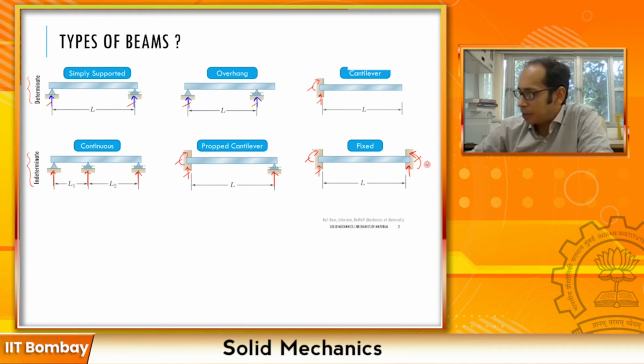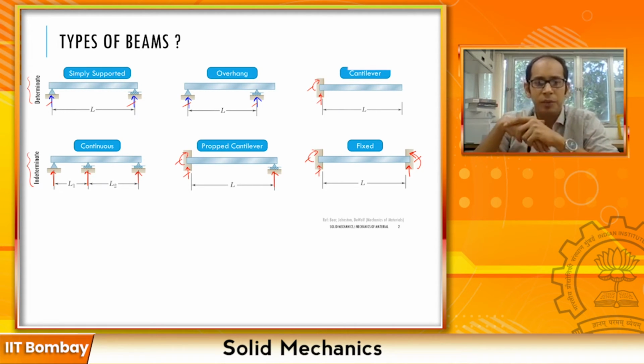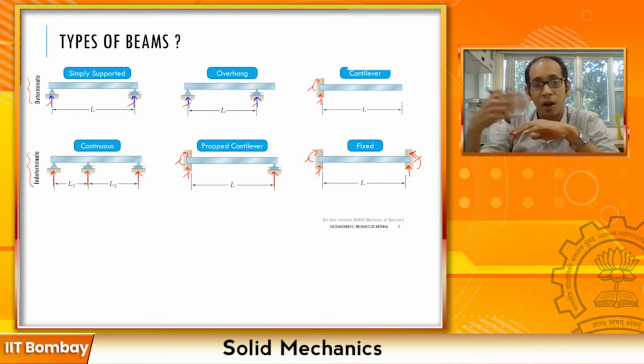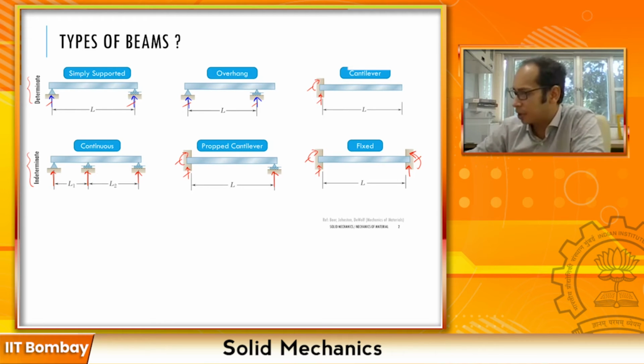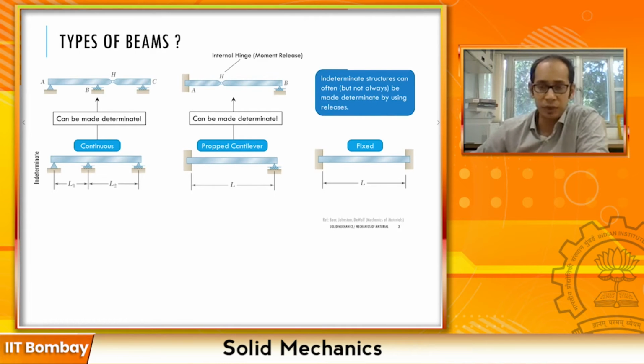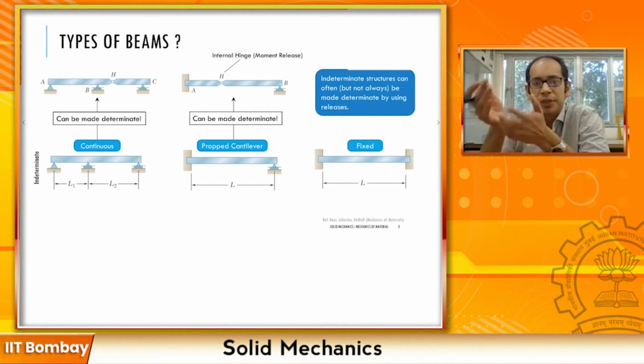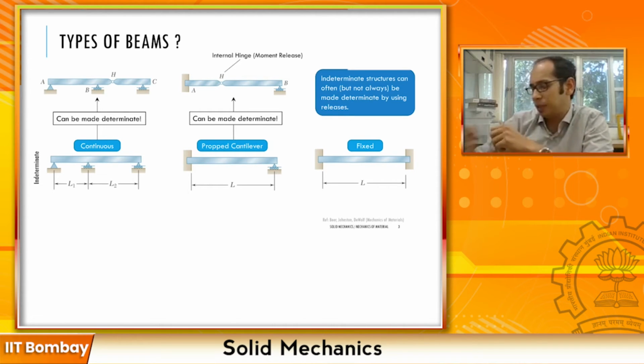So moving ahead, when a structure is statically indeterminate, it does not mean it's impossible to solve. Now in this particular course of solid mechanics, you will learn a couple of techniques to solve indeterminate beams, but later when you take an advanced course on structural mechanics, you will come across far more advanced techniques to solve indeterminate problems. But just keeping things simple over here, you will see that for these structures, at least for the first two, they can be made determinate, or if the structural engineer wishes to make them determinate, they can be made determinate very easily.